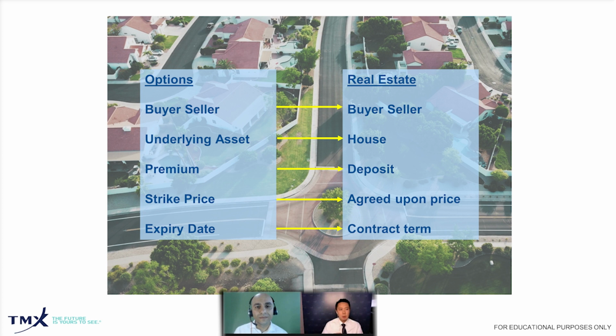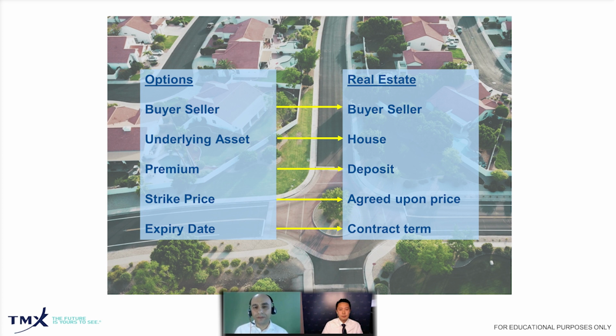That amount that you indicate, we call the strike price. That's the price you're guaranteed to be able to purchase the house at. And just like any contract agreement, it has an expiry date. So this expiry date in the options world is always on the third Friday of the expiration month. But now we also have weekly options, and these are options that expire on every Friday. So make sure that you understand what the expiry date of the option that you're trading is.